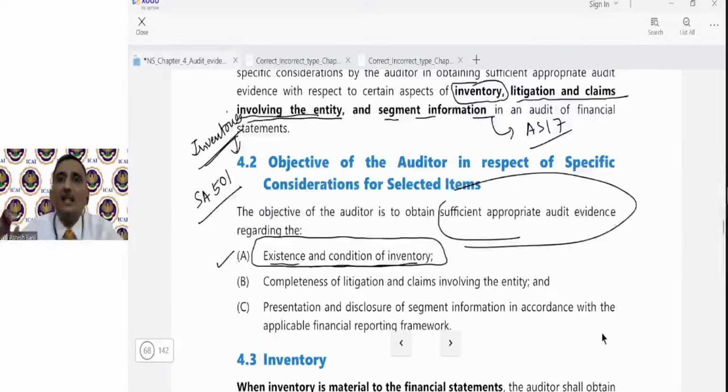तो स्टूडेंट्स ये चीज आप अपने दिमाग में बिठा लें, आप एस्टेब्लिश कर लें कि एसए 501 में ऑडिटर इन्वेंट्रीज की दो चीजों के बारे में सफिशिएंट एप्रोप्रिएट ऑडिट एविडेंस लेता है। तो वो दो चीजें कौन सी हैं? एग्जिस्टेंस और कंडीशन।